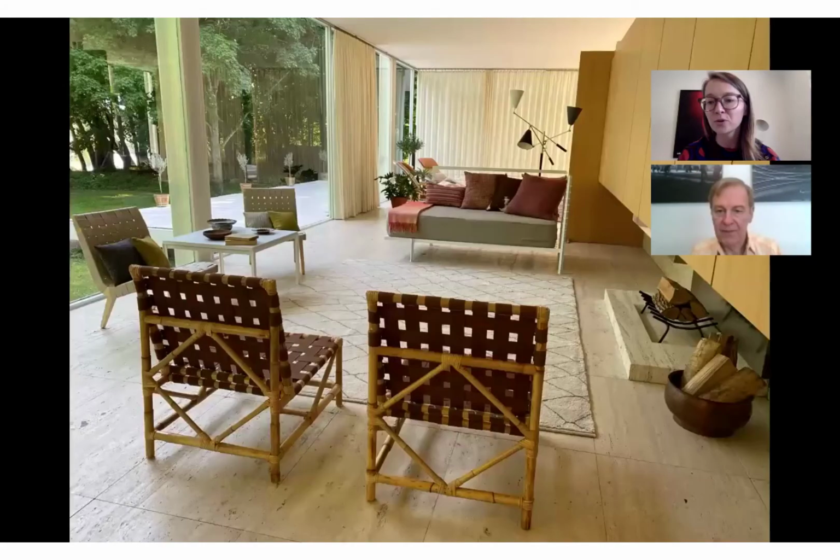Oh, interesting. Speaking of the daybed, here's another historic photo that I just love, and I had to put it in here. This isn't Dr. Farnsworth; I take it as one of her friends sitting on this daybed. Correct. And of course, it makes me wish that she were resting in a Charlotte Perriand chaise longue, right? I wish that she had chosen that as a piece of furniture. But this daybed seems really nice. I'd love for you to talk a little bit more about the daybed,